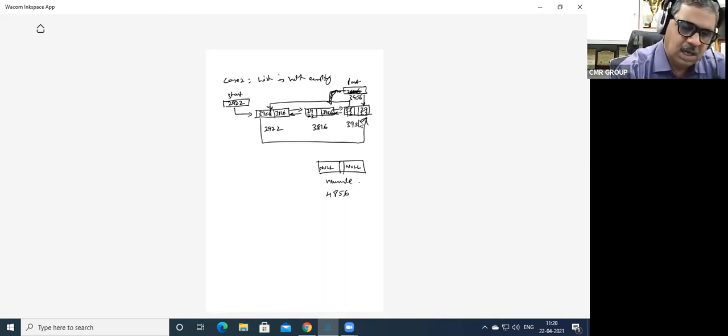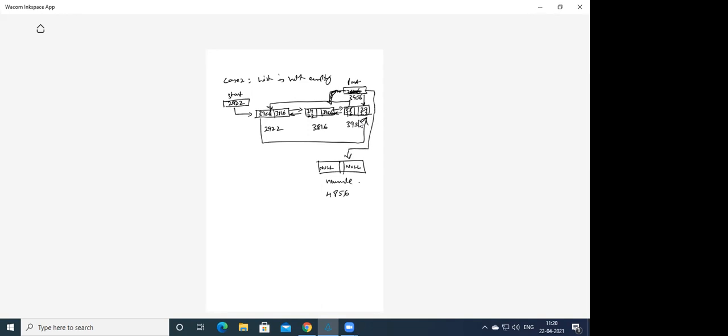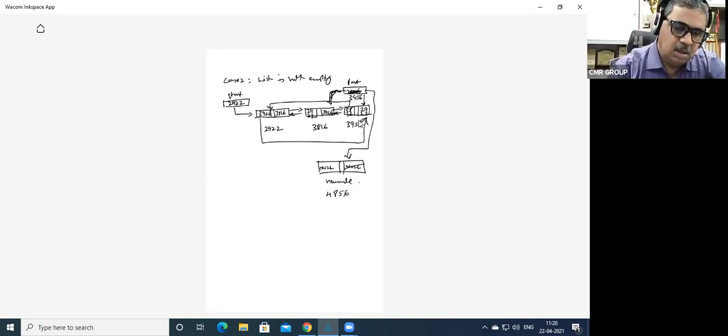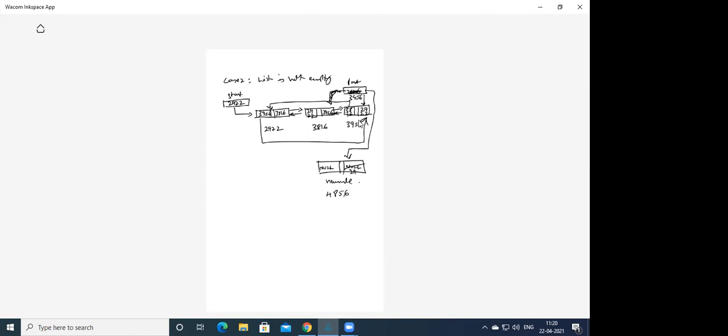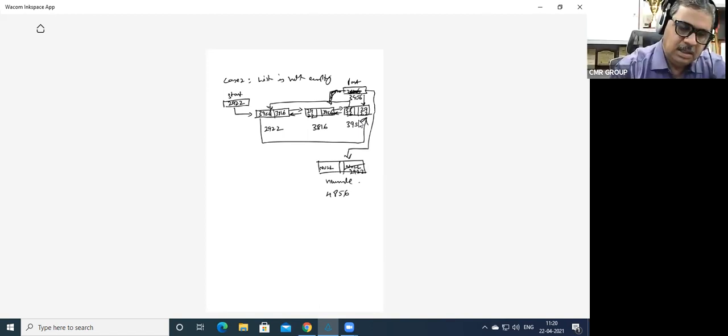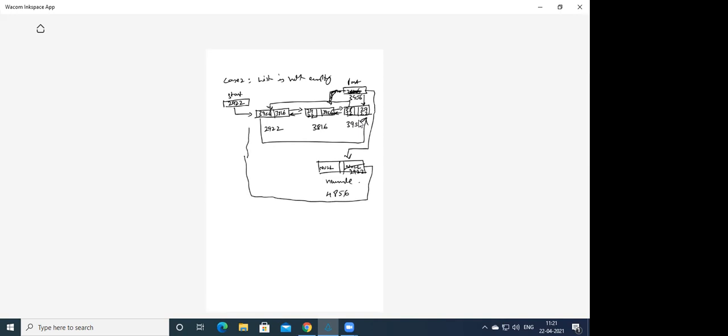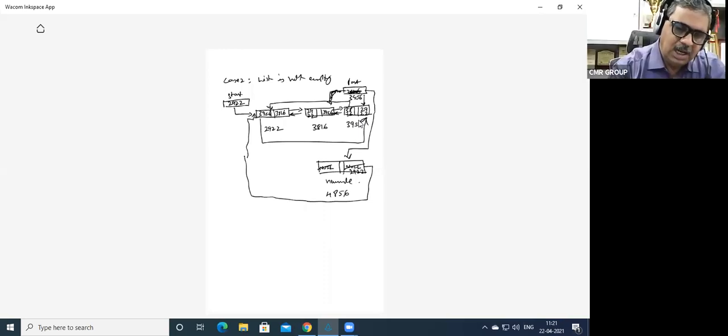So the link has to be established from the RPTR of the last node, first thing. And after that, this null has to be overwritten with what now? Start, the first address, that is 2922, right? And that means the link is established like this. Got it or not? And this null has to be overwritten with the previous node, that is 3956. So the link has to be established like this.